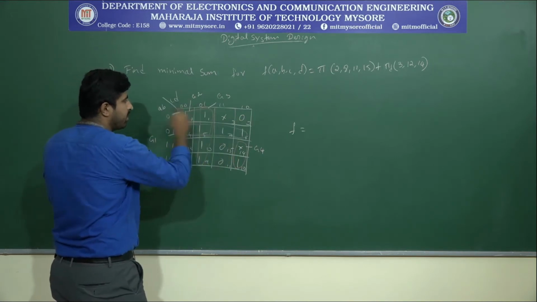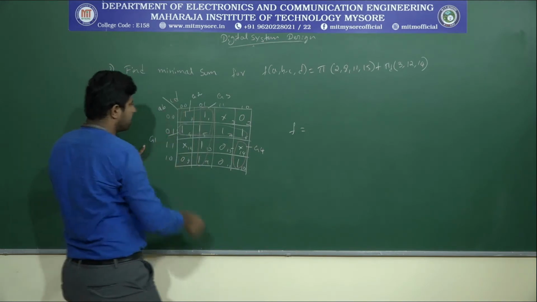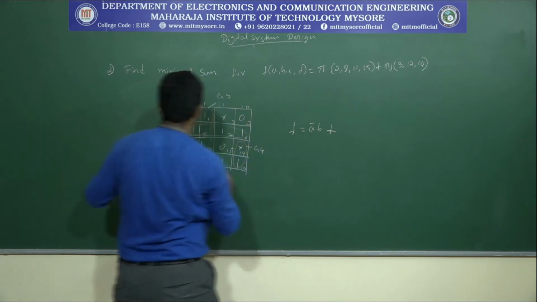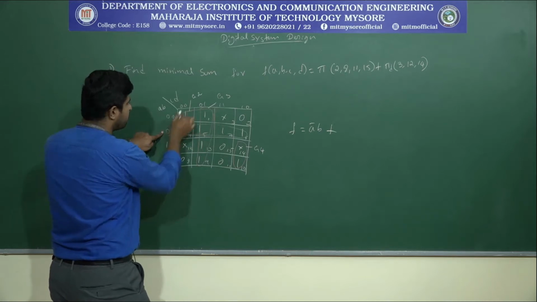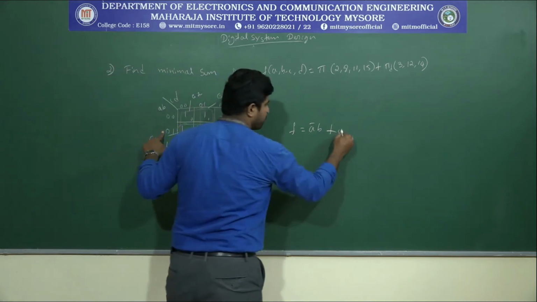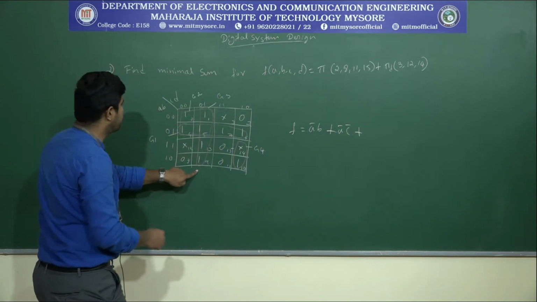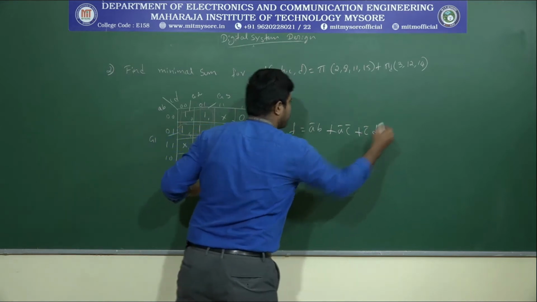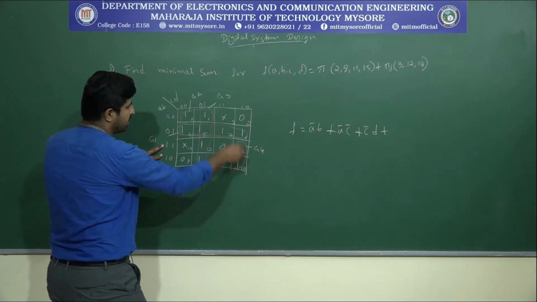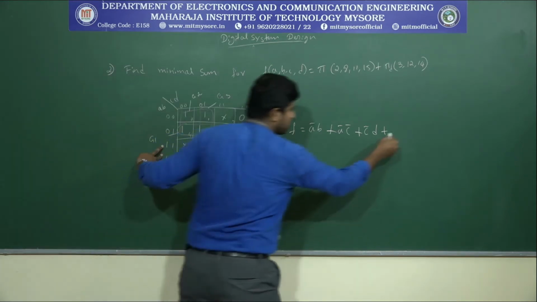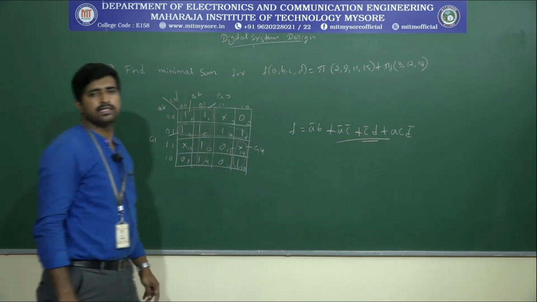So here CD will completely, the complete one row is there, means C and D will have a changeover. So remaining is AB, that is equals to A bar B plus, next if you look for group 2, this is the group, so corresponds to A bar and C bar, A bar C bar plus, next if you look for this one, group 3, this equals to C bar D plus, and group 4, so this is equals to A and C D bar, A C D bar, and this is a minimal sum expression.